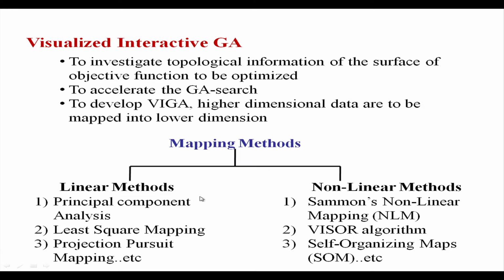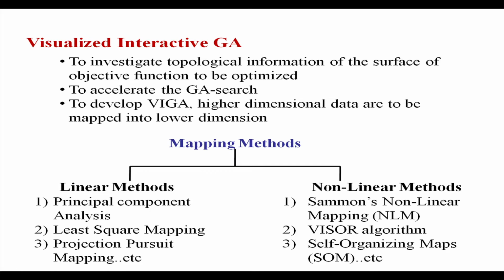Now, regarding these linear methods, different approaches are available. Out of all such approaches, the most popular one is the principal component analysis. In short, this is known as PCA. PCA is very popular. Now, there are some other methods like least square mapping, then projection pursuit mapping, and others. On the other hand, we have got a large number of nonlinear methods. For example, Sammon's nonlinear mapping is also very popular